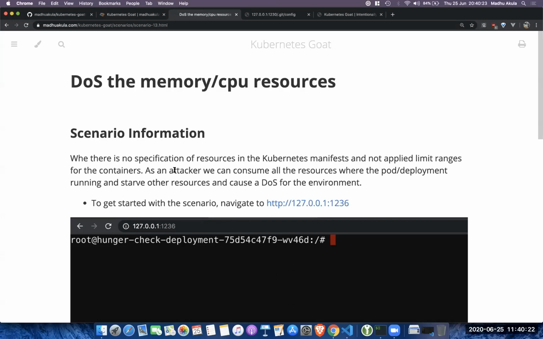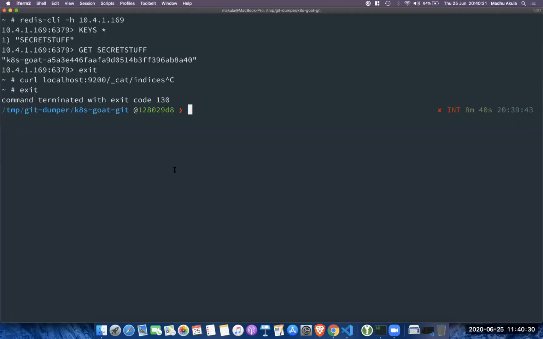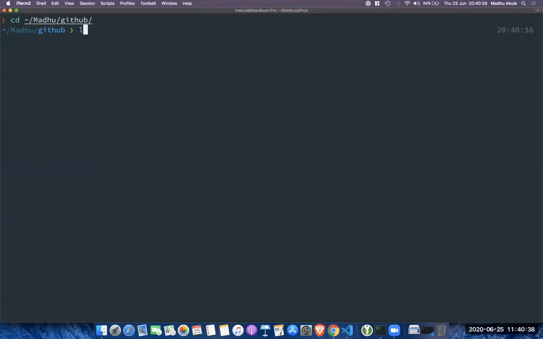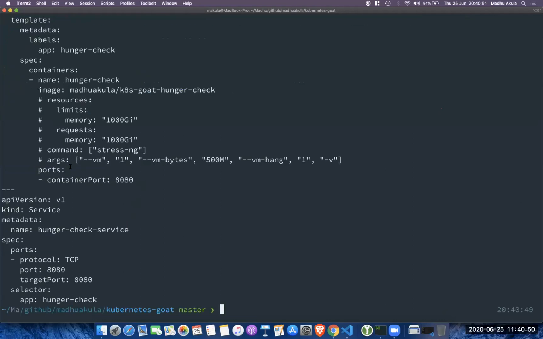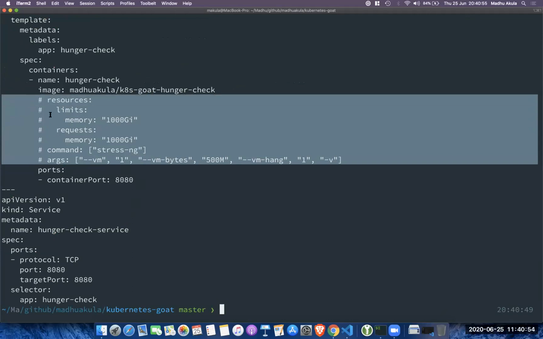For example, if they're running a Java application, which might require a huge amount of memory, and developers or DevOps teams didn't specify resources, then by default there is no resource limit, whether set by the deployment or at the namespace level using resource quotas or limit ranges. So as an attacker, you can consume or drain the entire node's resources by performing a simple stress test or DoS kind of thing to consume those resources within the Kubernetes cluster.